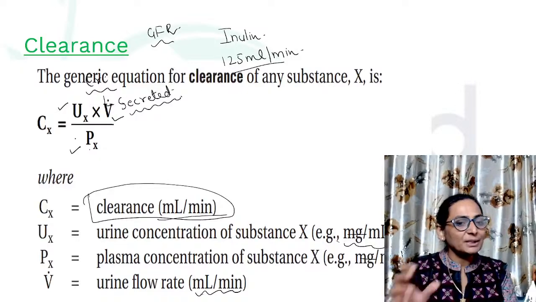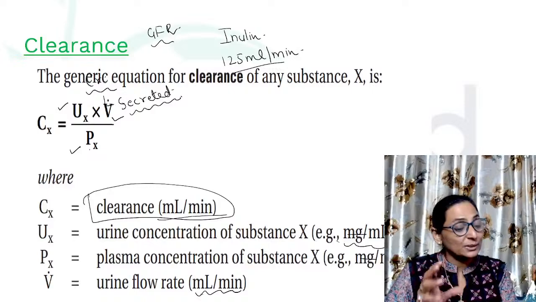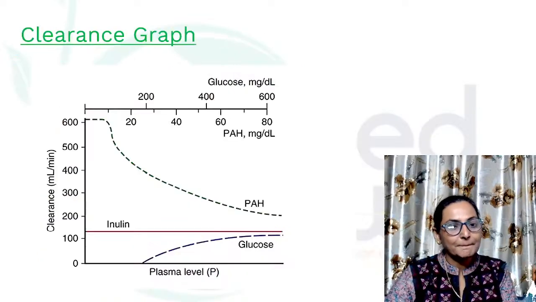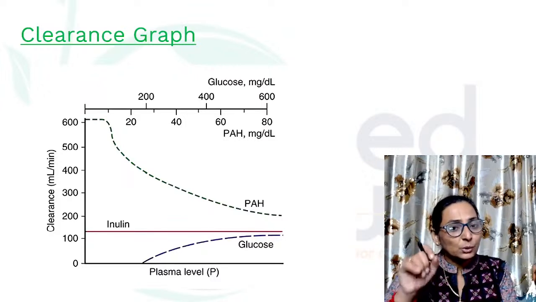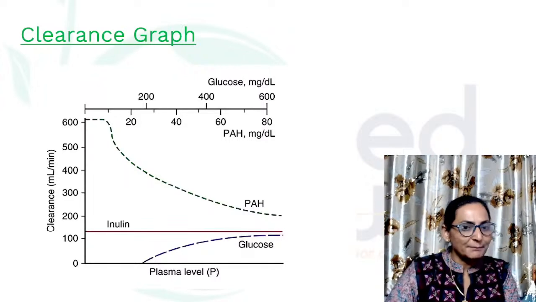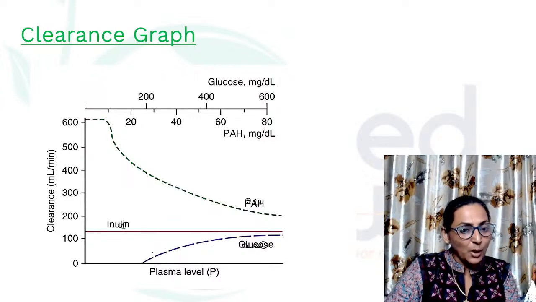This is a very, very important topic and a repeatedly coming topic. So इसको अच्छे से करो आप, clearance को calculate करने के लिए भी आता है ये. यहाँ पर जो question आता है वो होता है clearance graph पर. Clearance graph पे, जैसे इसमें तो it is already marked. You may be asked what is this, this and this. If it is not given, what are these and why are these?